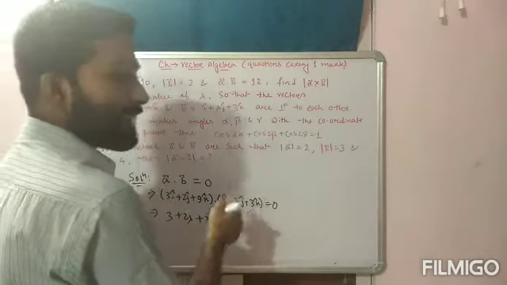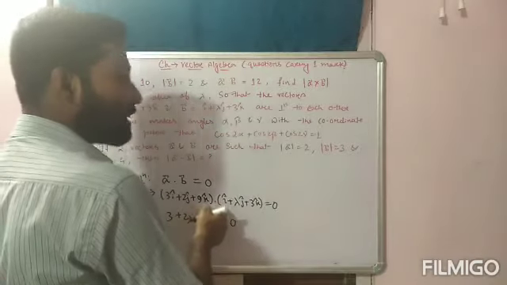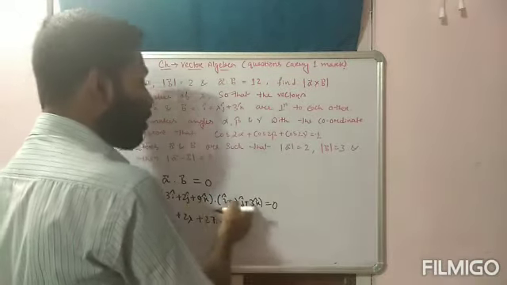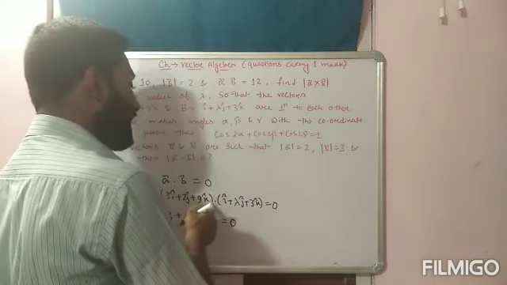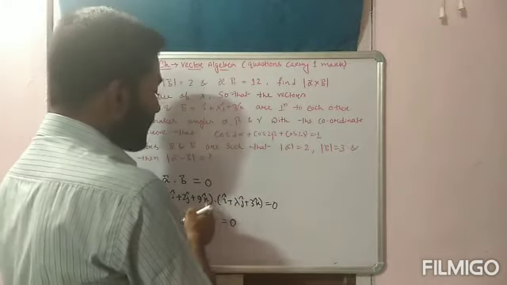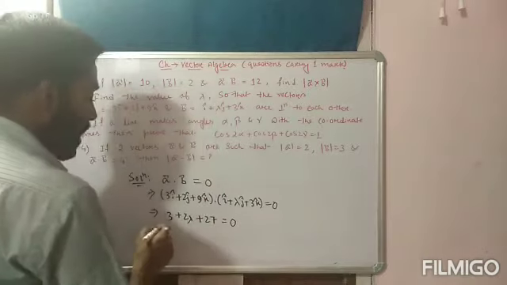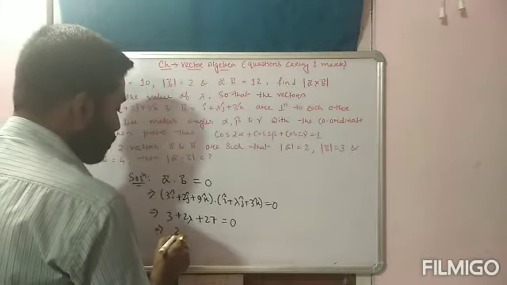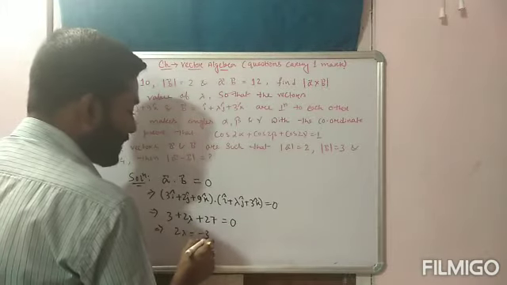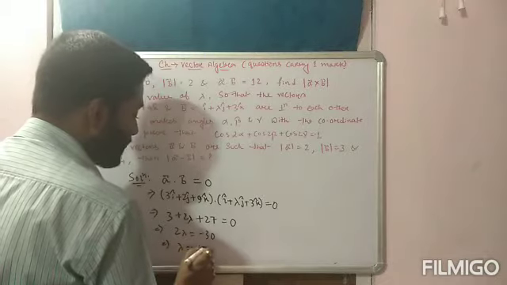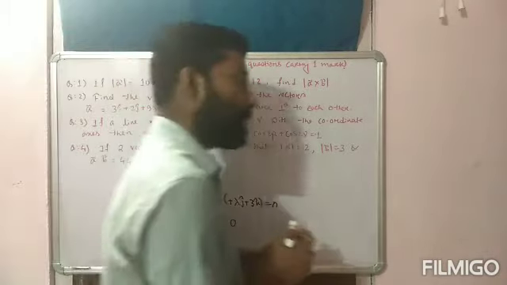I cap dot K cap is 0. J cap dot I cap is 0. J cap dot J cap is 1. J cap dot K cap is 0. Similarly, K cap dot I cap is 0. K cap dot J cap is 0. K cap dot K cap is 1. So twice lambda is equal to minus 30, or lambda is equal to minus 15. So this is the value of lambda.